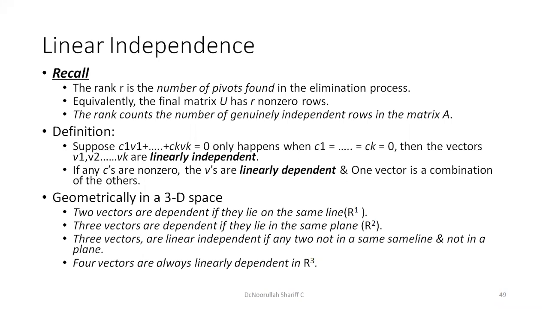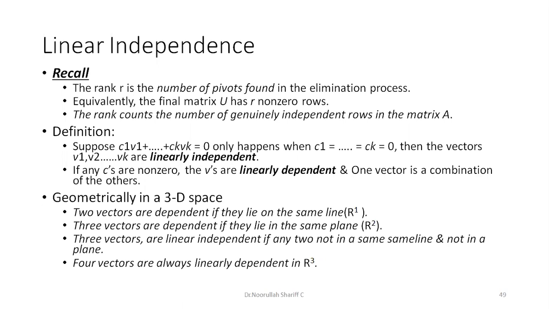The 2 in r squared corresponds to 2D. Okay, so r squared is corresponding to 2D. Similarly, you can say four vectors are always linearly dependent in r cube. So we'll have to just remember that r cube is a cubic type of structure, a three-dimensional structure. Similarly, we can go on extending it like that.